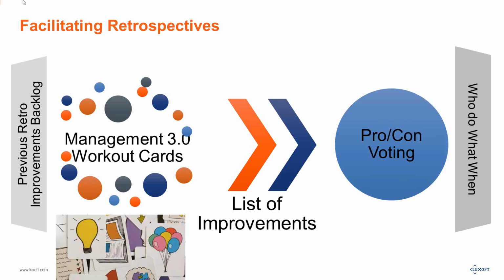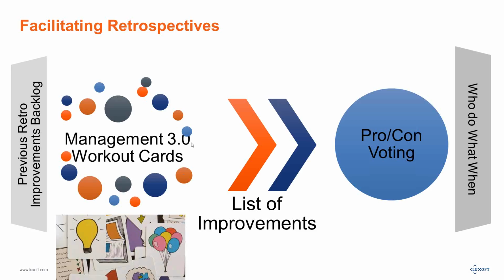So the next template is about facilitating retrospectives. Again, as an input for the meeting, you have the previous retrospective improvements backlog. I saw lots of teams who forget to bring the previous improvements list to the current retro to check it, just to make sure that you completed all the items from this list. So when you get it as an input, you go through it and make sure that you resolve your backlog items from the previous retro. Then you can plan the current retrospective items.